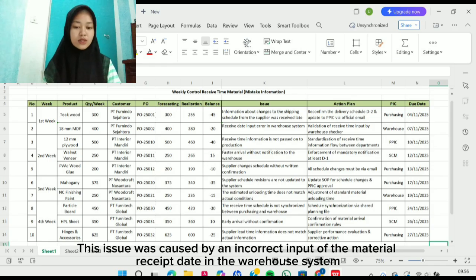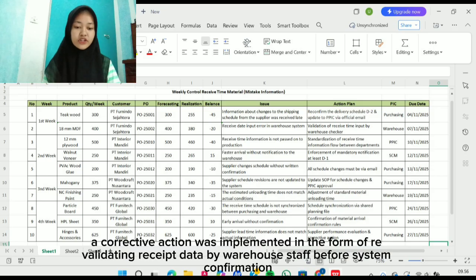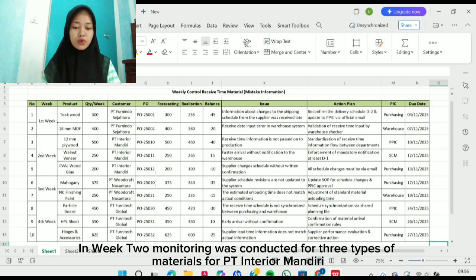This issue was caused by an incorrect input of the material received in the warehouse system. To prevent similar issues, a corrective action was implemented in the form of revalidating the received quantity by warehouse staff before system confirmation.